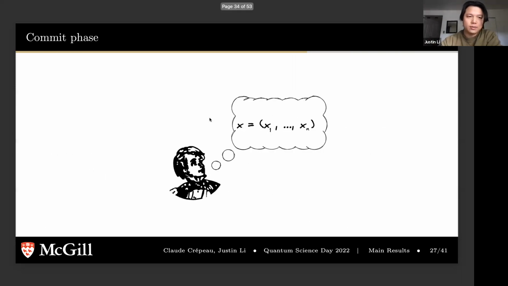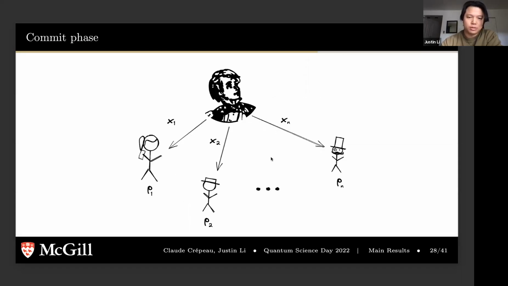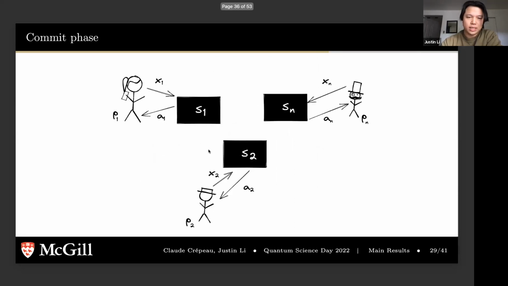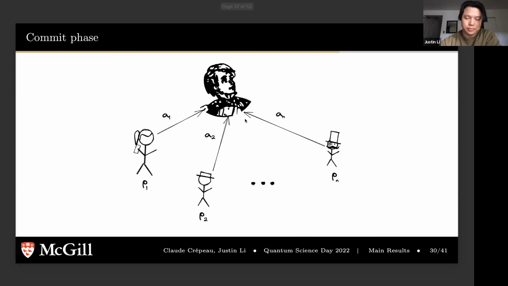And now it's basically the same as the non-local game that I defined. The players would play the non-local game in this manner. The verifier would sample some input for each player and ask the input to all the players. Remember that they have chosen a bit value to commit to for that round, and based on that, they've chosen an exclusion set, which means they have also chosen a strategy. Then they can use that same strategy to look up what the answer should be based on their input. And once they get the output, they will answer back to the verifier.